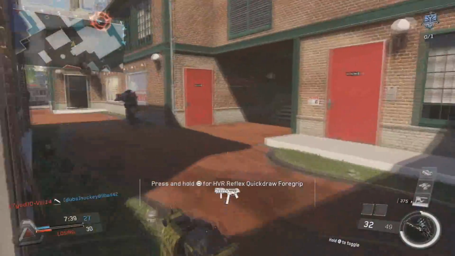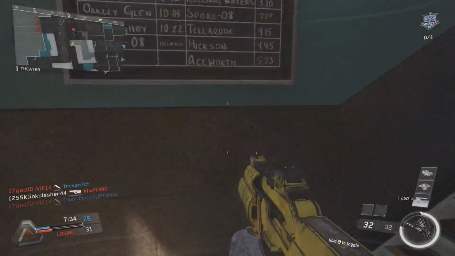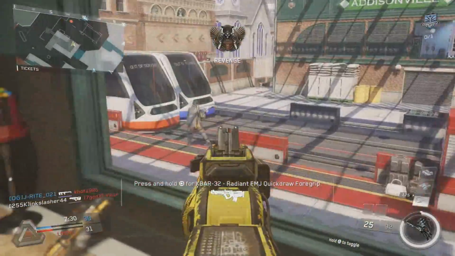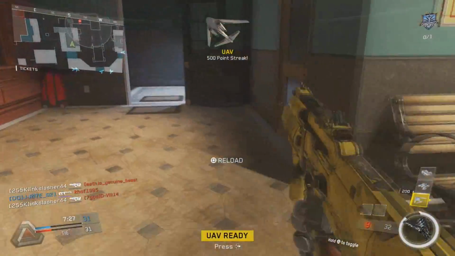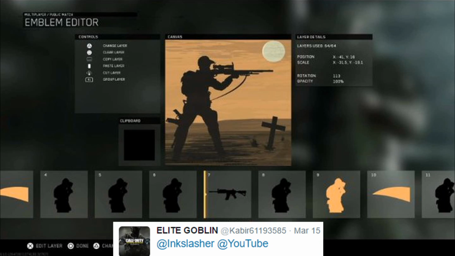It is pretty impressive, but even though the Emblem Editor just came out, we already have some pretty impressive emblems to look at. So get off of Pornhub, sit back, relax, and enjoy this week's episode of Top 5 Emblems. Coming in at number 5, we've got one by Elite Goblin,